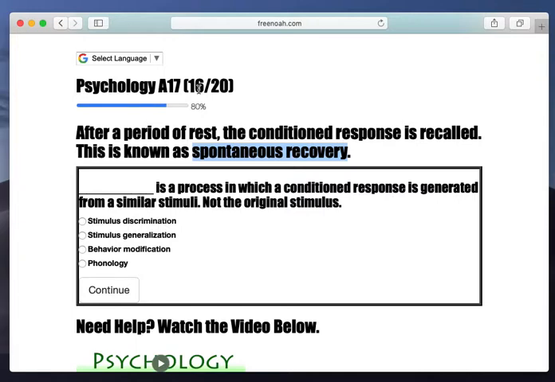The bell kept ringing and the inmate wasn't provided with food. So eventually, the response decreased. Eventually he just stopped searching for the food, or stopped searching for the person that handed him a plate of food. So that was called extinction. It was a decrease in response after a conditioned stimulus has been presented, right?